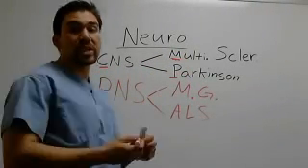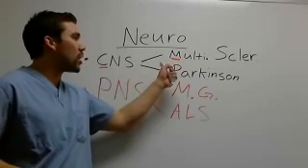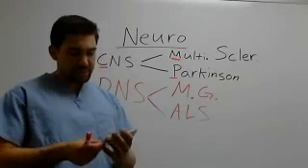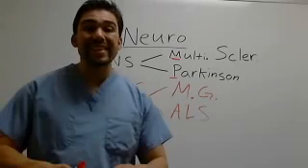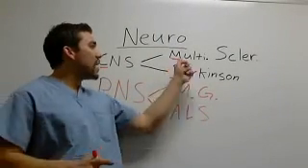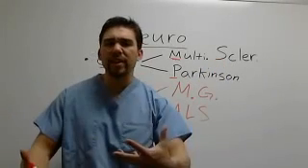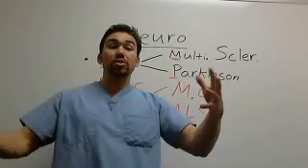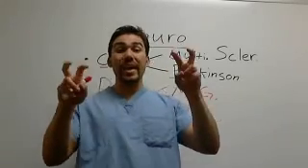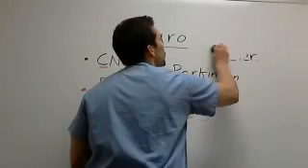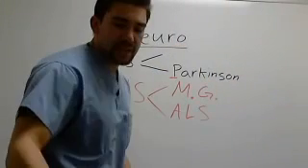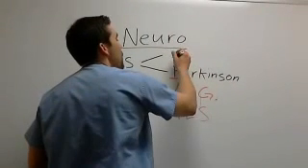CMP. Central nervous system is your multiple sclerosis. Now for your multiple sclerosis, I want you guys to think of MS, because that's really what we call it in the medical field. We don't always say multiple sclerosis. We call it MS. So, for your multiple sclerosis, I want you to think of MS